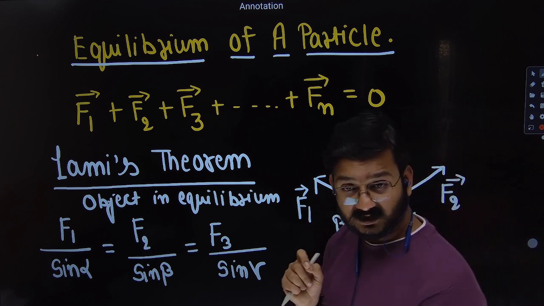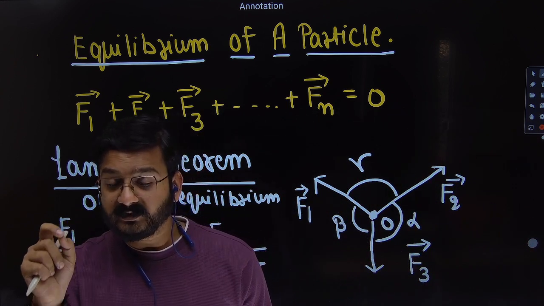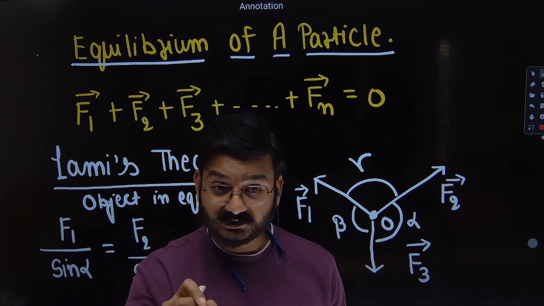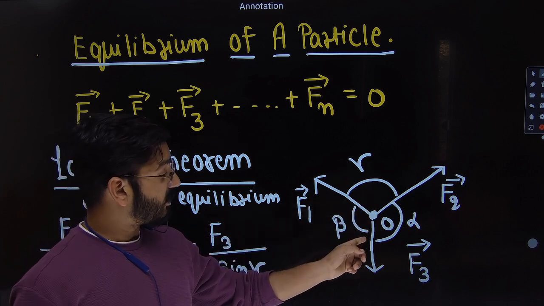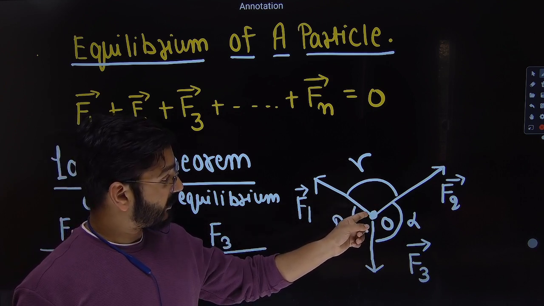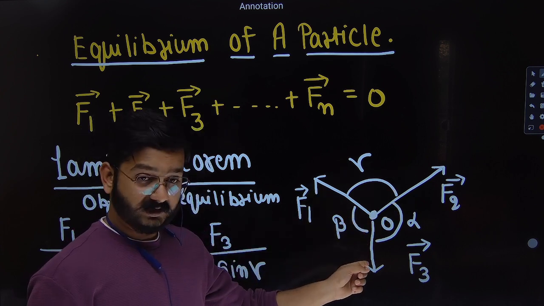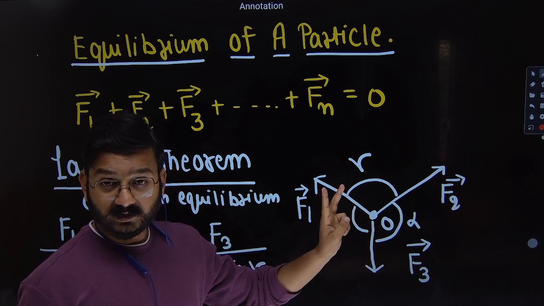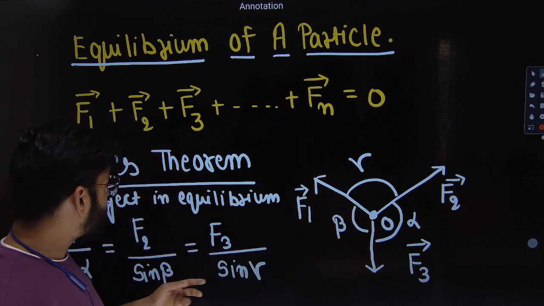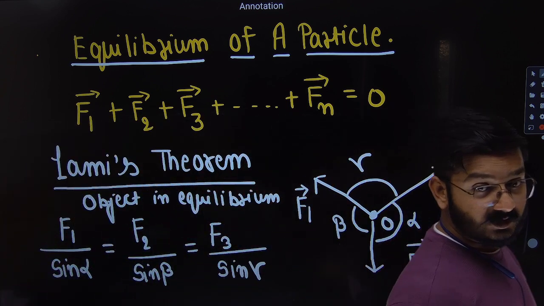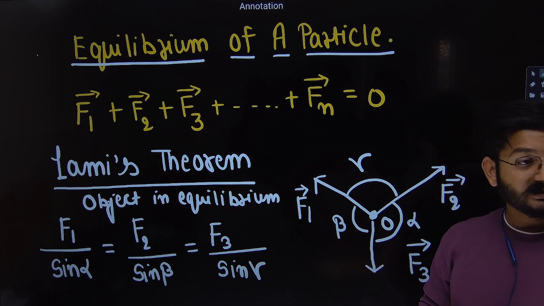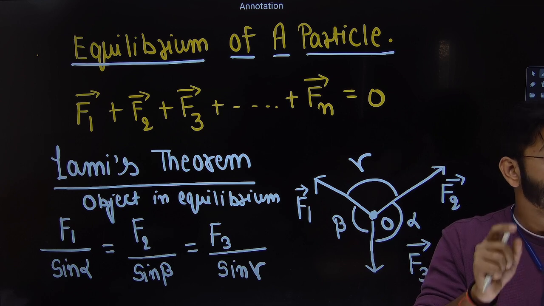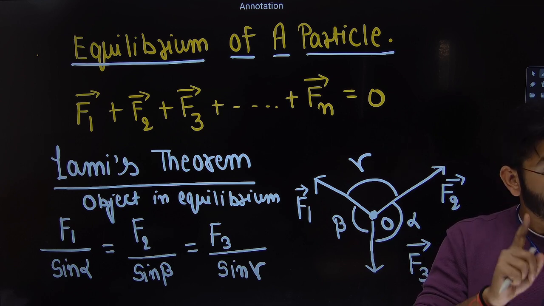If you remember the basics of straight line, there was a term called concurrent straight lines, means the straight lines which are passing through the same point or having same point of intersection. So these three forces are concurrent forces because they're acting on the same point or originating from the same. Okay. Second condition, this object O is in equilibrium. So when these two conditions are satisfied, you can apply Lami's theorem. What mistake we do as a student, the system is not in equilibrium, but still we apply Lami's theorem. That is wrong. So Lami's theorem is not applicable everywhere. Remember the condition,